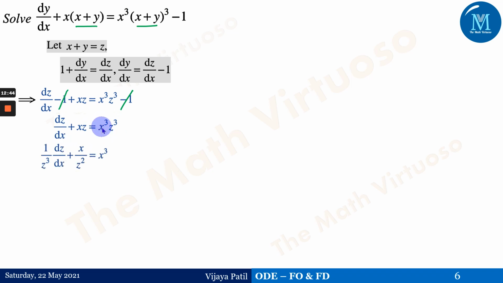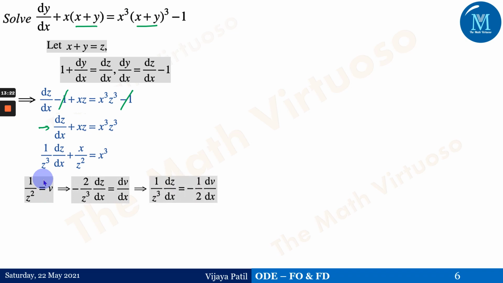Right, now we have to decide which type of format this is. It is a dy by dx format, because if you observe, we have xz equals x cube z cube. So we divide throughout this equation by z cube to make it in that format. After that we'll be having f of y, or here f of z, because we have z and x as the variables. So f of z is 1 upon z square, which equals v.